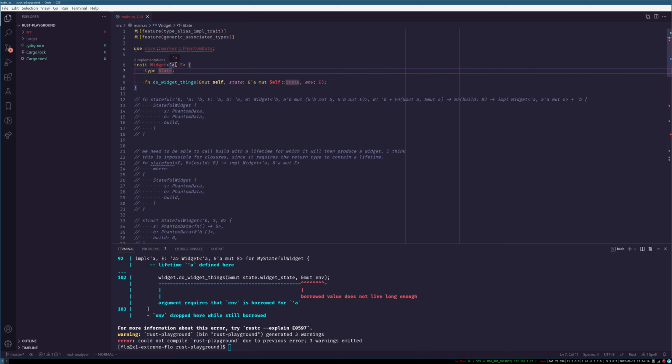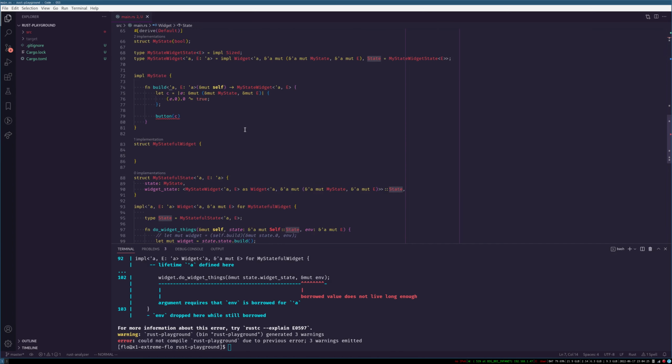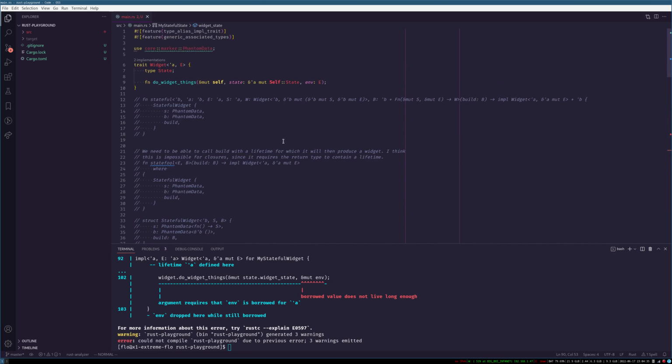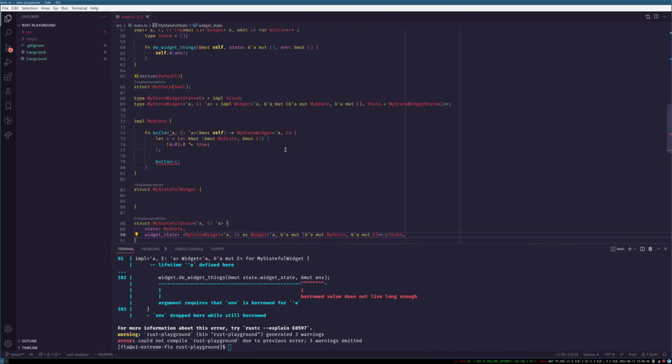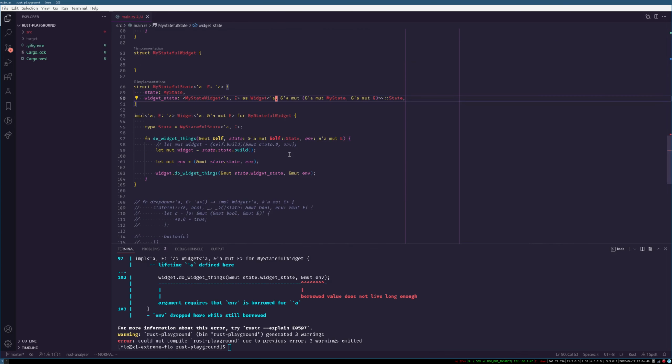Maybe it would work if, like I said, this always has to live for static or something, and then I could do this thing but with static instead of A, but I'm not sure. No, I don't exactly recall what worked last time. So